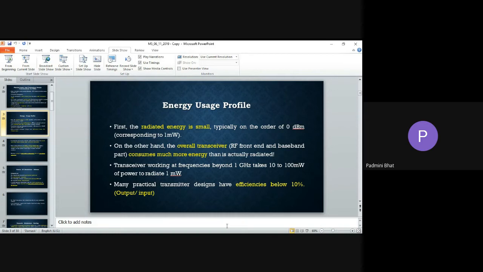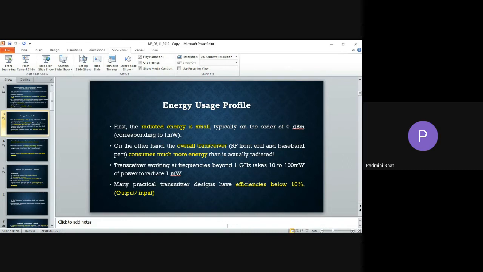It can be in the transmitter, it can be at the channel. We need to calculate the loss at the channel also, as well as at the receiver. Now, as we have discussed in a previous class, in the transceiver, much of the energy is consumed or wasted at the transmitter itself, compared to the energy radiated. Why do we call it radiated? Because we are concentrating on wireless communication, and finally we will scale it down to wireless sensor networks.